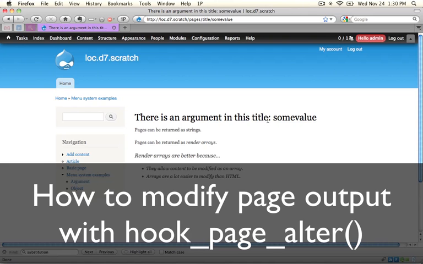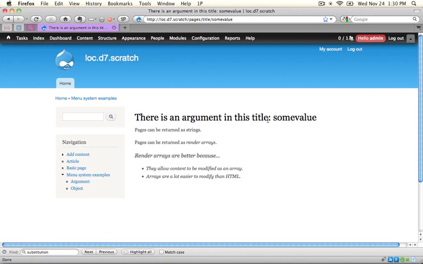In our final two examples, we're going to be addressing the question of how do we adjust the menu items that have been defined by other modules, and how do we change the value of what's returned from page callback functions for functions that have been defined by other modules. So we're going to start with that second part. We're going to take a look at how to adjust render arrays that have been defined by another menu callback